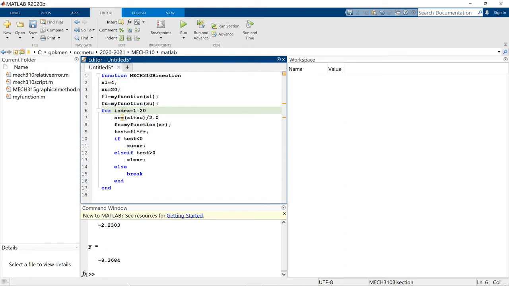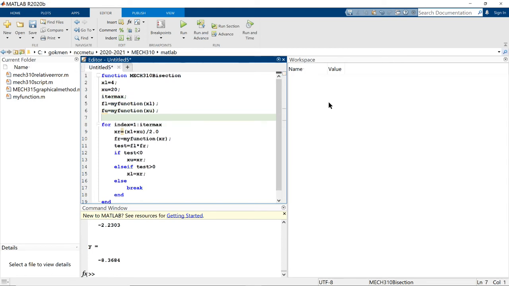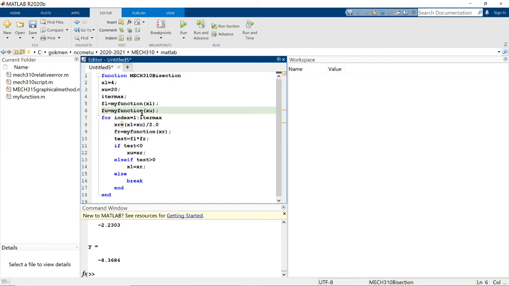Let's say that this is itermax then. And let me define another variable here, itermax, maximum iteration. And it will be increased one by one. Of course, I have the dummy iteration variable index. So I say that index is equal to 0, and then, well, sorry, not in this case. I don't need to define the index. So I have my for,